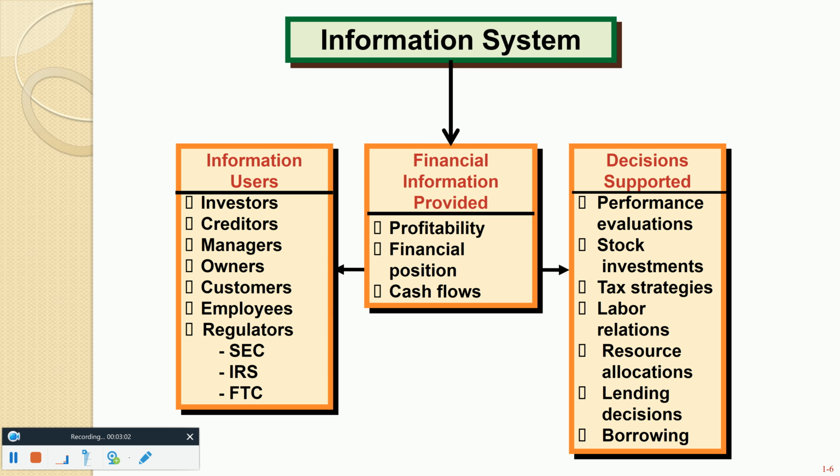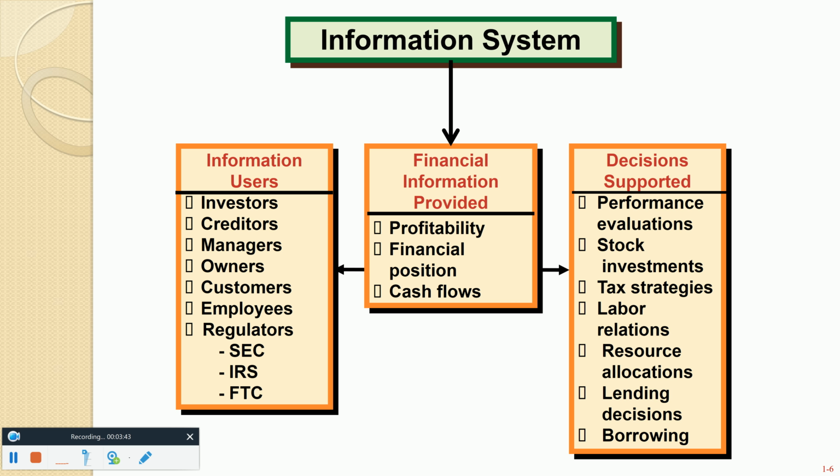All right, and as I said to you a few minutes ago, there is a lot of information and a lot of users of the overall global information system. As you see on the left, who are the users of accounting data? Well, it could be investors, current investors of the company, or potential investors of the company. They like to review the financial records to see how well or how poorly the company is doing. Creditors. Obviously, if there's a bank that gave a loan to the organization, they're going to want to see how well the company is doing financially.